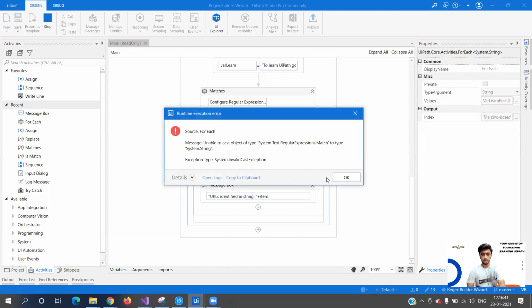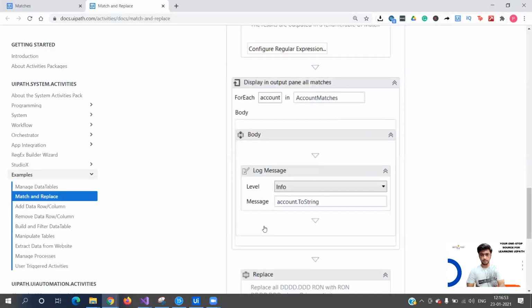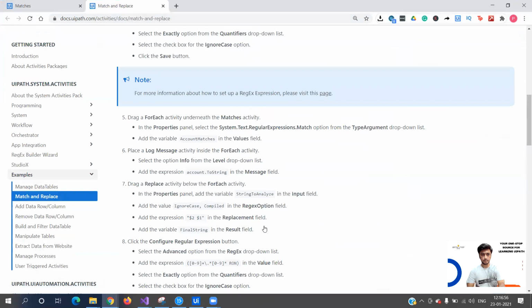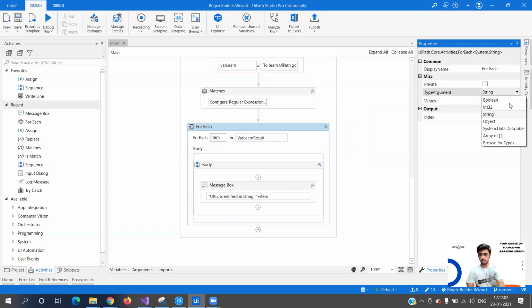Okay. Unable to cast the object of system. So we need to have another variable type, I think. In the properties panel, select system.text. So we have to go to browse for type.